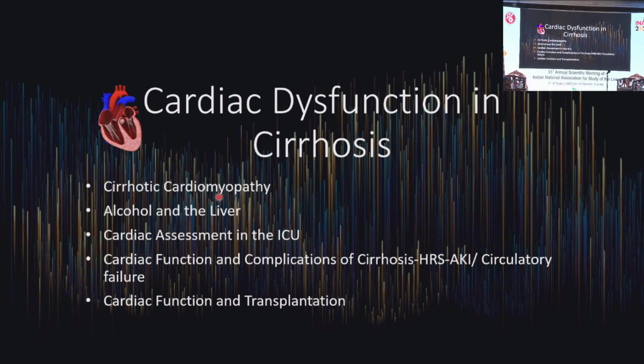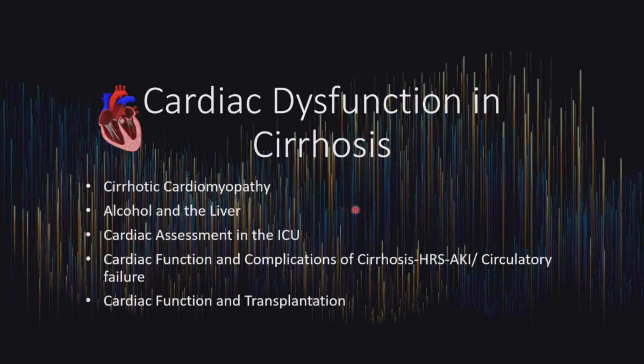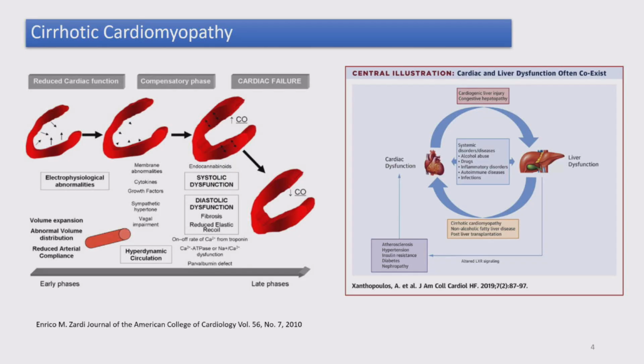In this presentation, we will discuss the following factors: cirrhotic cardiomyopathy, the role of alcohol and the liver, how we assess cardiac function in the intensive care unit, how we look at cardiac function and look at complications of cirrhosis such as HRS-AKI and circulatory failure, and of course the importance of coronary artery disease and cardiac function in terms of liver transplantation. Cirrhotic cardiomyopathy is characterized by left ventricular systolic dysfunction or diastolic dysfunction in the absence of an